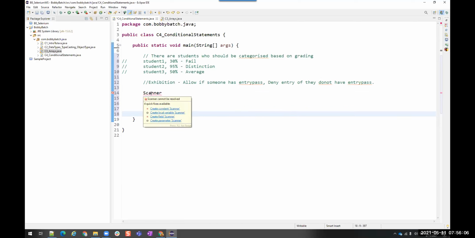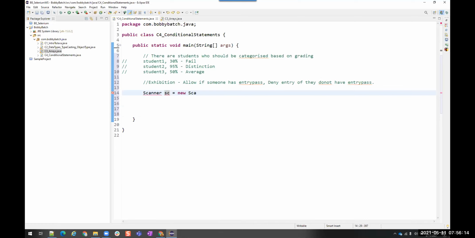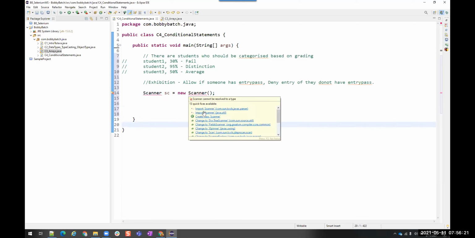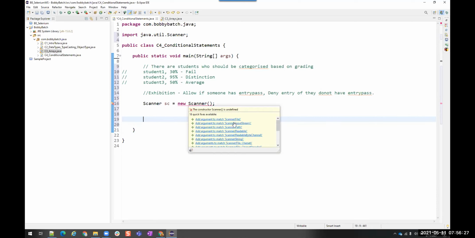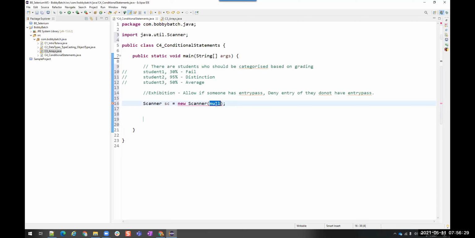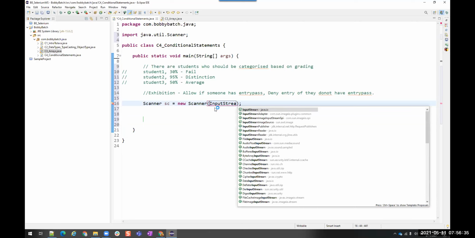Let me import this Scanner. sc is equal to new Scanner. Import Scanner from the java.util package. All right, now we have the Scanner, and this Scanner is going to take input. Stream.